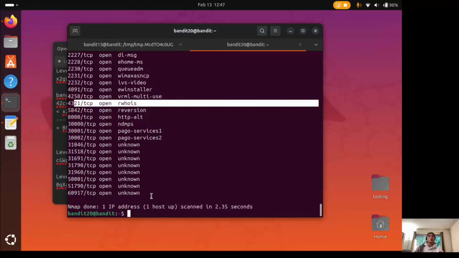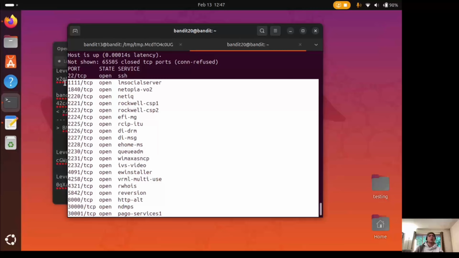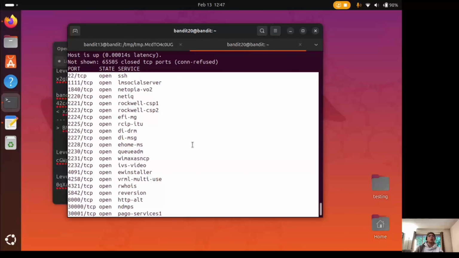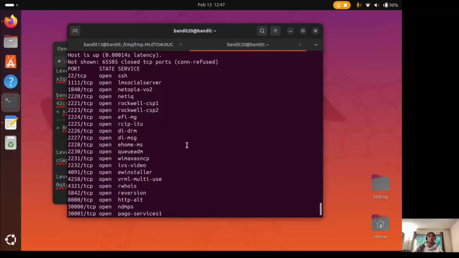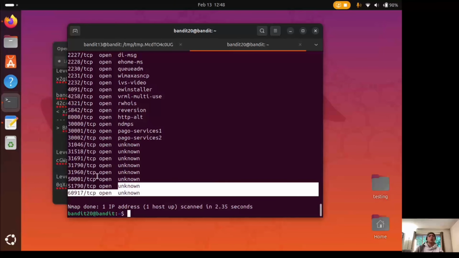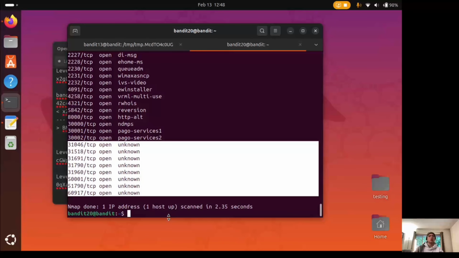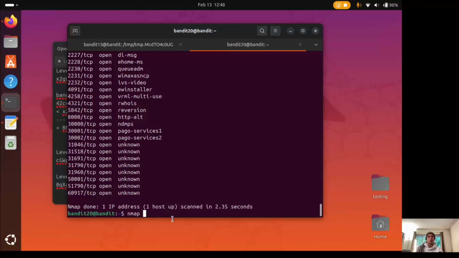Is there a way we can run a service scan on here? Wait, but they already have a service in here. It's just these are unknown. Maybe we just run these. nmap -sV -T5 for fast mode, -p, and we'll do